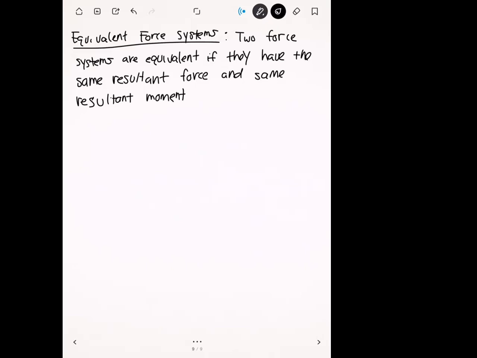And so let's say that you have two force systems that are in static equilibrium. Those two force systems are going to be the same, because they have zero resultant force and zero resultant moment. And here's where the distinction comes in. If you're thinking about two rigid systems that are equivalent,